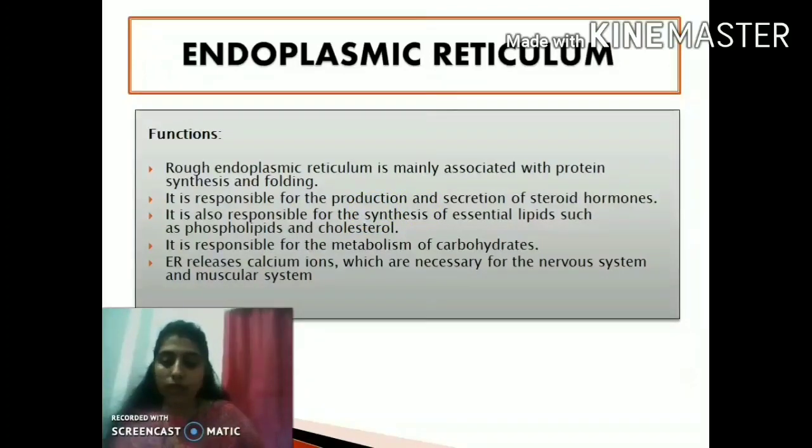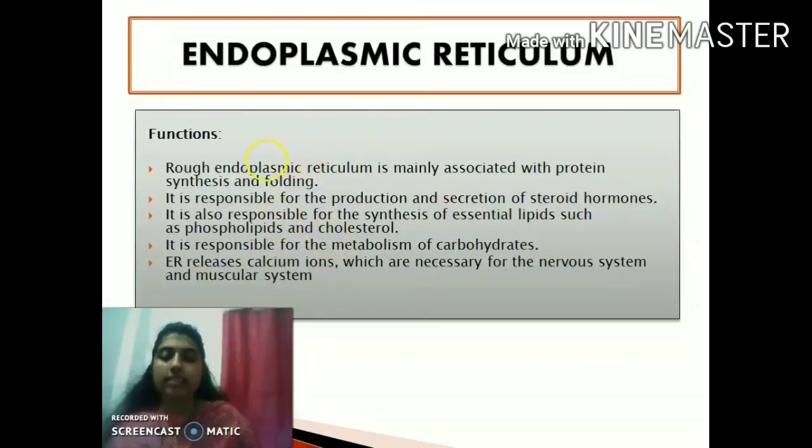So all of you know by now that the cell membrane and all the membranes of the different cell organelles present within our cell are made up of a very important type of lipid termed phospholipids, right? In the form of a phospholipid bilayer. So here you can see that the phospholipids are actually formed, that is synthesized, within the smooth endoplasmic reticulum.